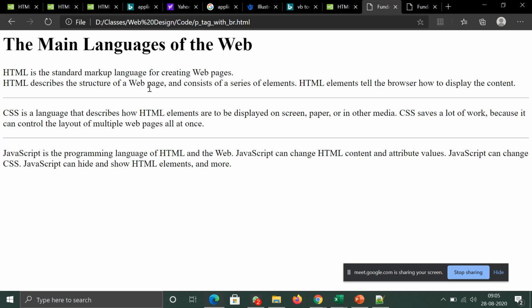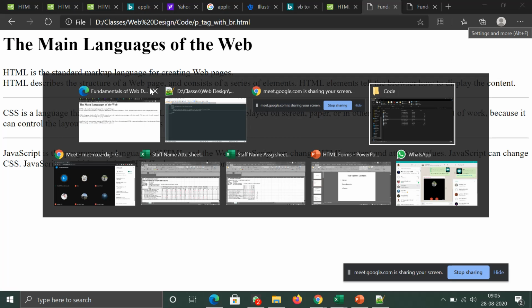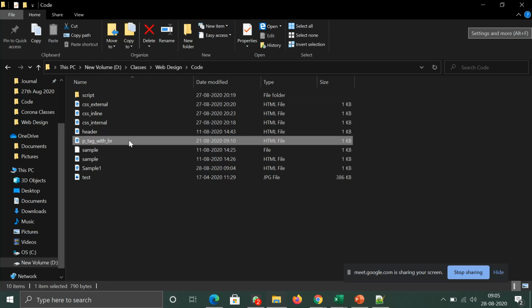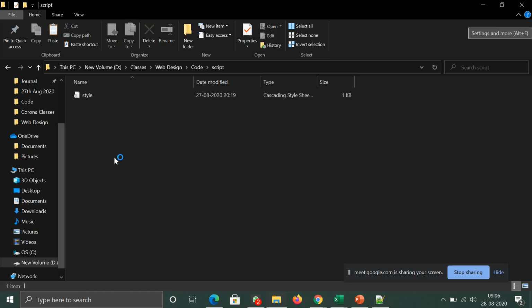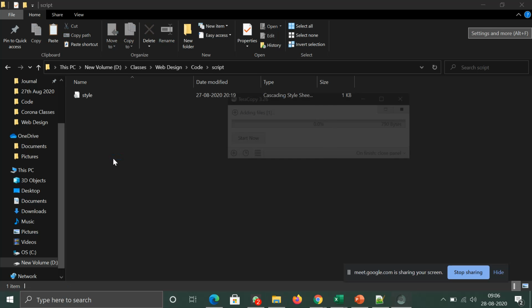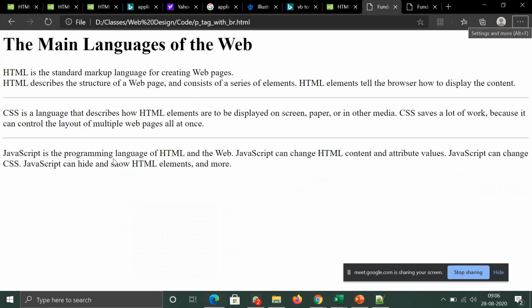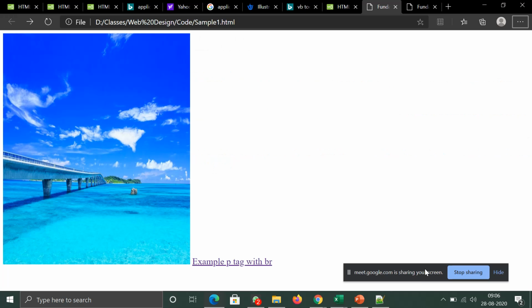Wherever you have stored your code, like here I have code, whatever page you put in here, you can just give the name. Suppose you have a folder, then you have to put that folder name and slash. For example, if this p underscore is under this script folder, I'll come back here, where's the code?